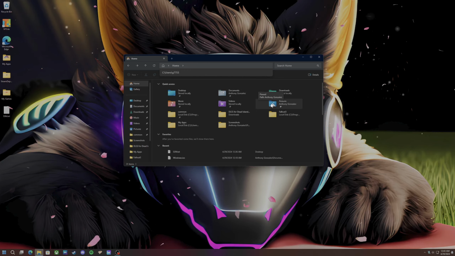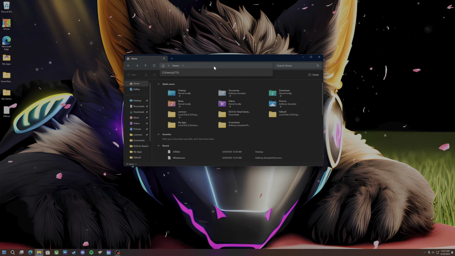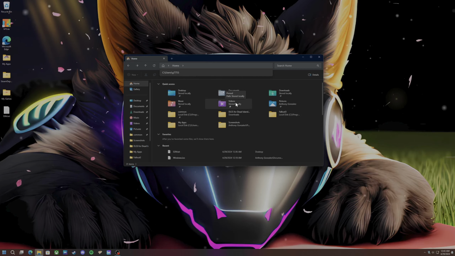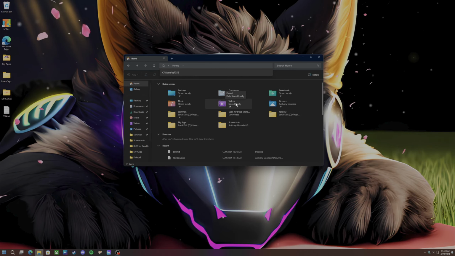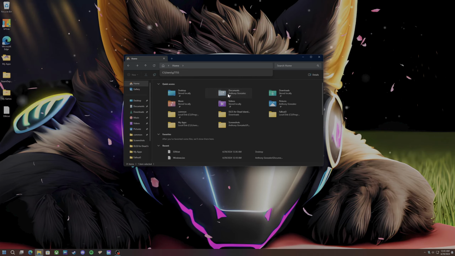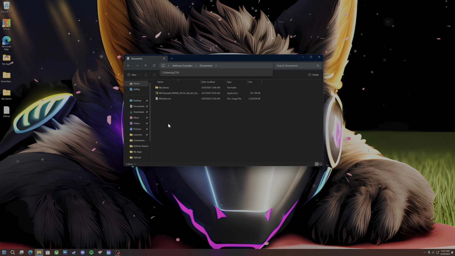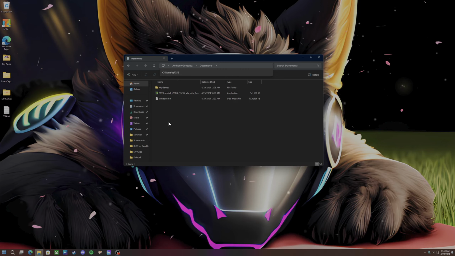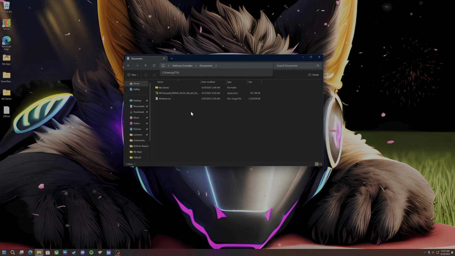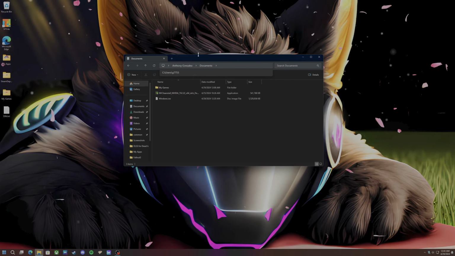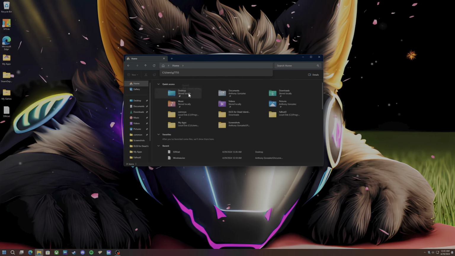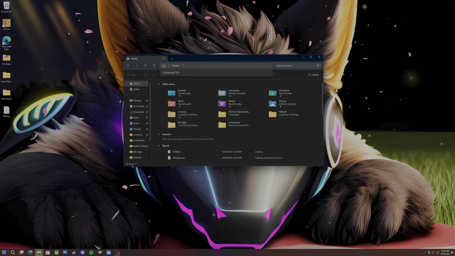Because if you don't do this, if you save any video, any pictures, screenshots, even documents, it's going to save in those old folders. And then when you click on the new folder, you're going to notice that none of your stuff is in there because you don't have it transferred. So to make a permanent fix, and this is really annoying, you'll need to